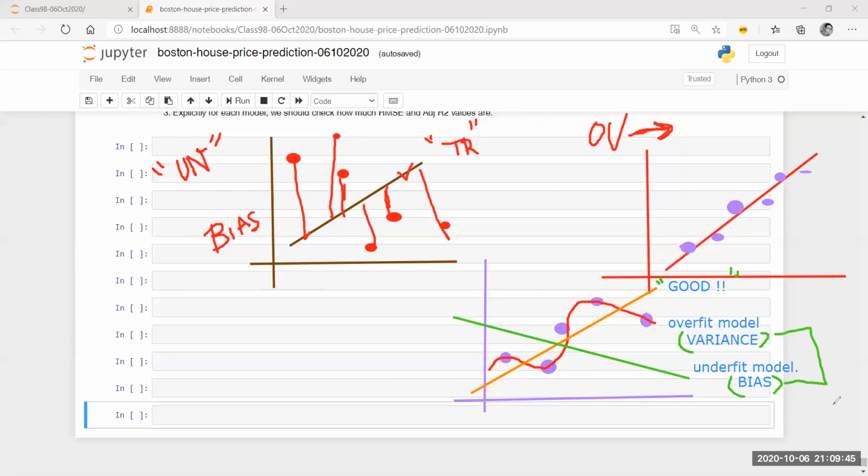This is called bias variance trade-off. So how do we find something which is kind of a negotiation between an underfit model and an overfit model, which is otherwise my good model, which has a very good balance between the variance and bias, or capturing the variance and bias within the data.